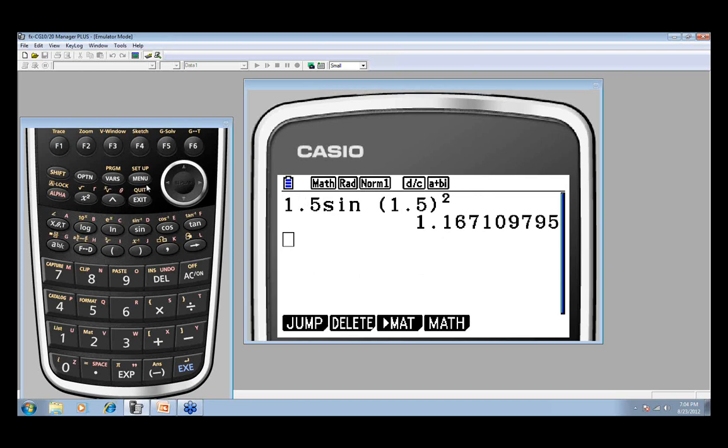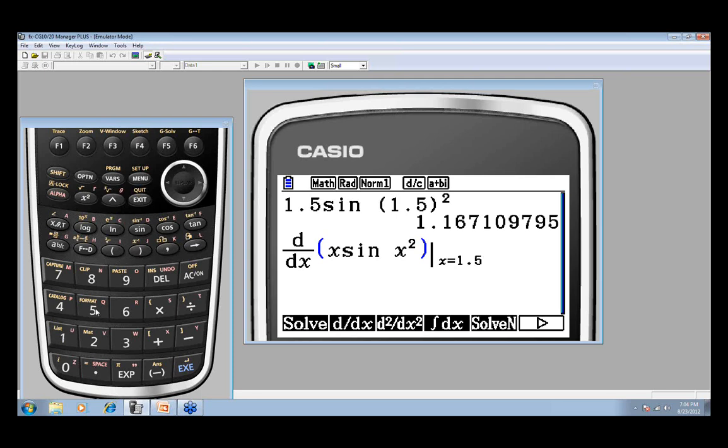Now the next thing we needed to compute was the derivative at 1.5. So I'm going to press Option, and under this screen, Calculus options are above F4. I'm going to press F2 for derivative. My function was x sine of x squared, and this time I'm actually evaluating the derivative at a specific point. So anytime you're evaluating something, you use the Run menu. When I evaluate the derivative at this point, that tells me the acceleration is negative